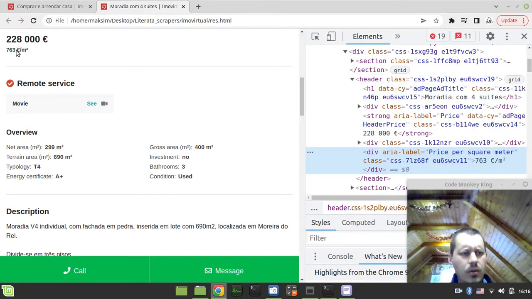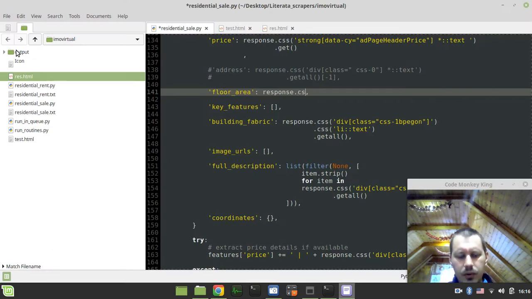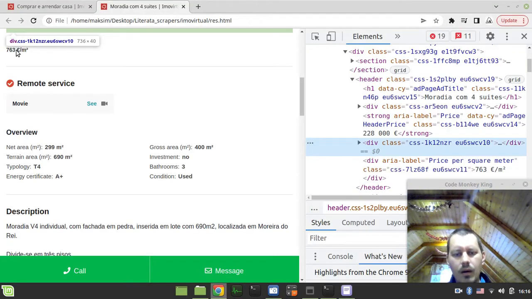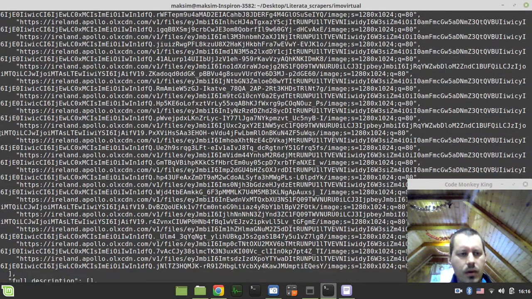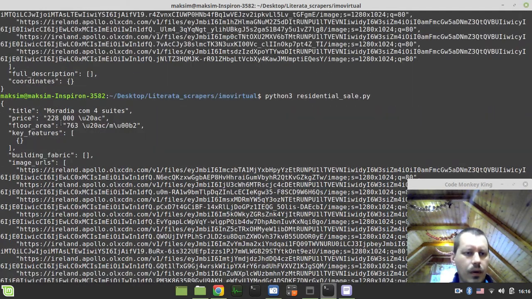Yeah, I think I can use this one. So response CSS and div and area label like this, and I want to extract the text and get, and let's have a look if this is enough. Yeah, it seems like so. We've got our floor area being extracted.